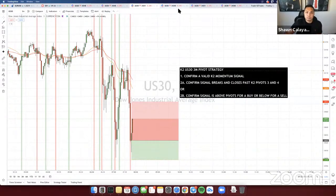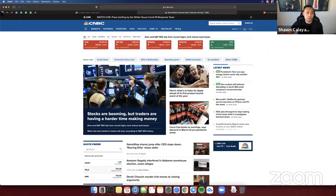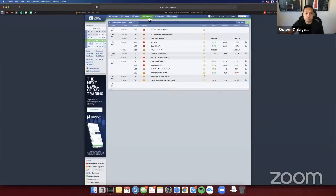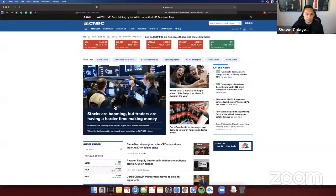Let me see if there's anything in the market that's really pushing, because that was a big drop that happened earlier. I want to see if there's something that's really pushing price around, because there's no forex news. There's like no US news today, so there's nothing right there pushing it. The only thing that could really push it here,